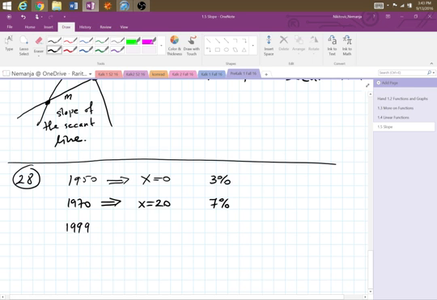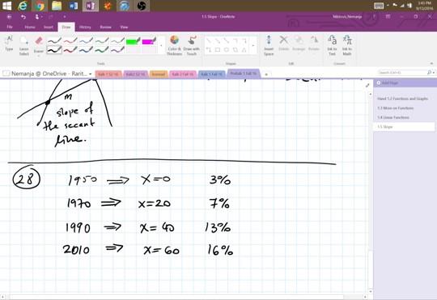1999. No, 1990, sorry. What's the X value for it? 40, and the data says 13%, very good. And we have the last, 2010. What's the X for it? 60, and the percentage is 16%. So, the beginning of time, the beginning of everything regarding healthcare starts in 1950, so we're going to call